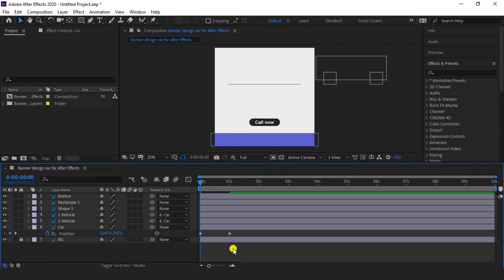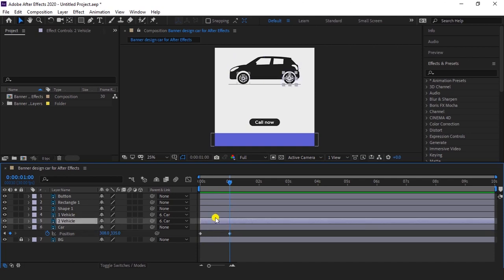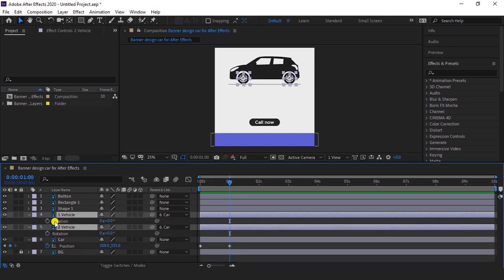So if you play your animation you get a simple animation, but we also have to animate both vehicles. So come here on the second key, and now select both vehicle layers, press R, and now we have the rotation property of the vehicles.